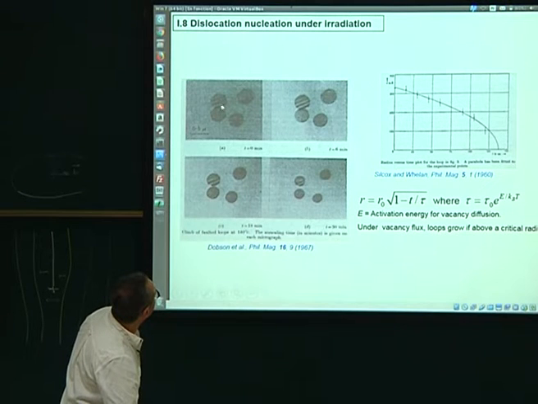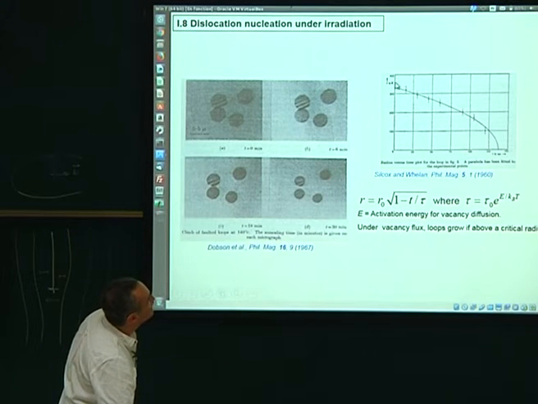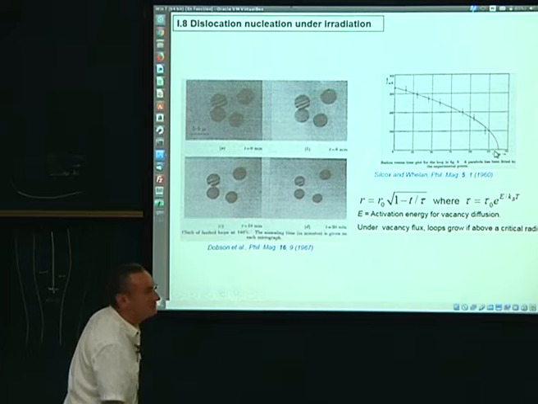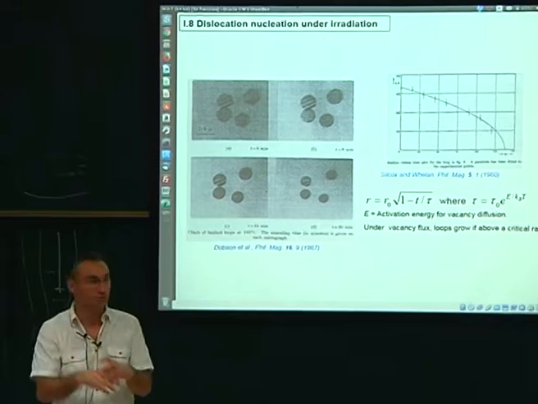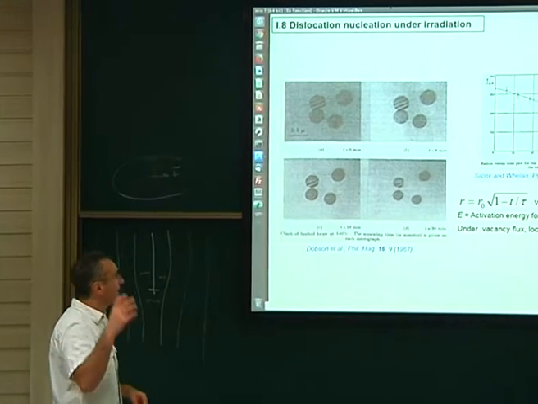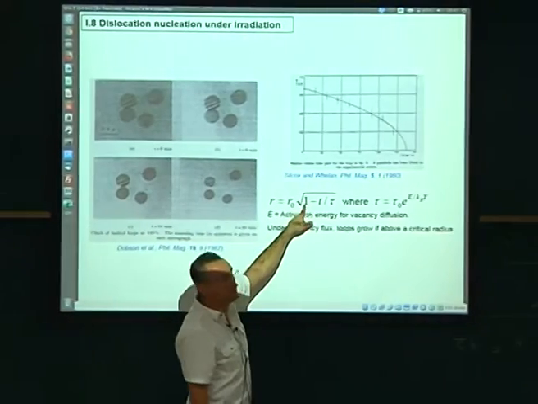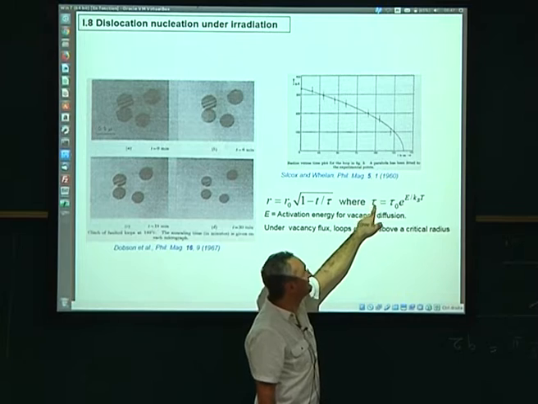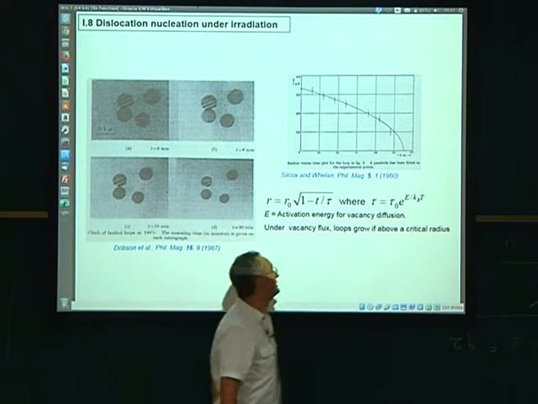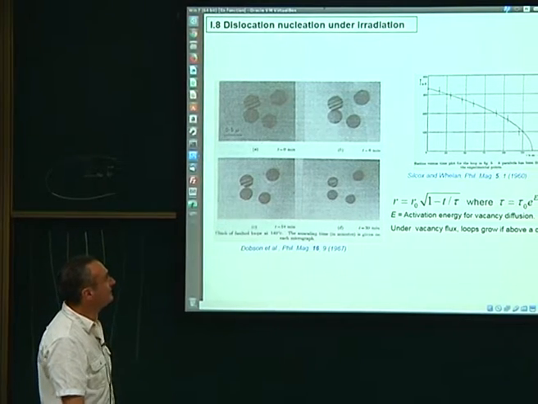Anyway, what you can see is that the size of the loop is different, so the size is decreasing with time. And if you plot the radius of the loops versus the time, you can see the decreasing shape of the curve. So this gives you the diffusion rate, the velocity at which the vacancies are emitted out of the loop, assuming that this is a vacancy loop. From that, you can compute the velocity at which the radius changes, and then you can have a characteristic time, which depends on the activation energy of your vacancy diffusion. Okay?